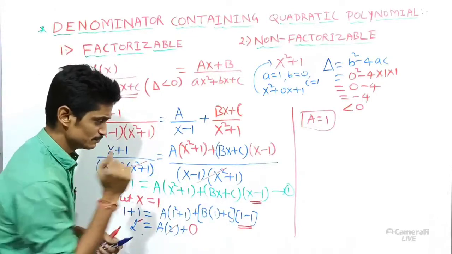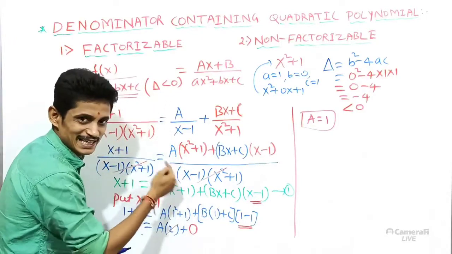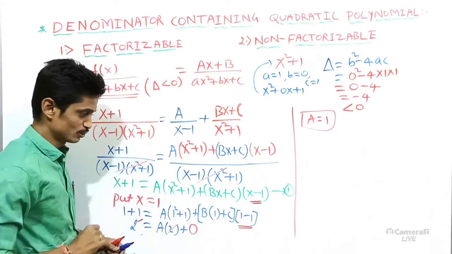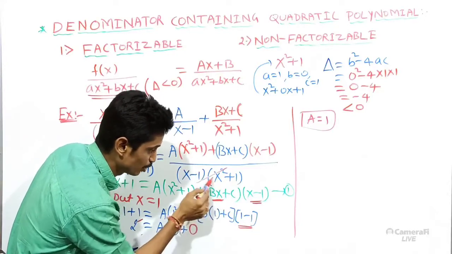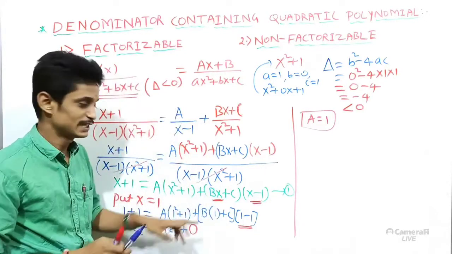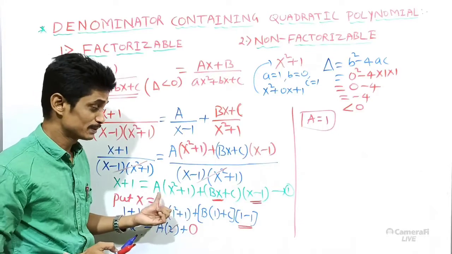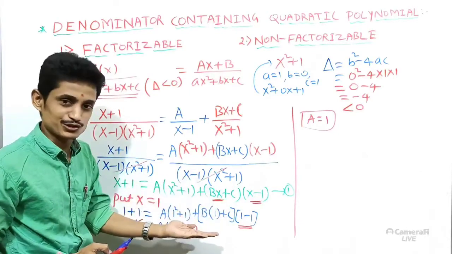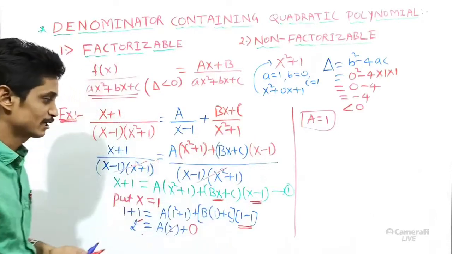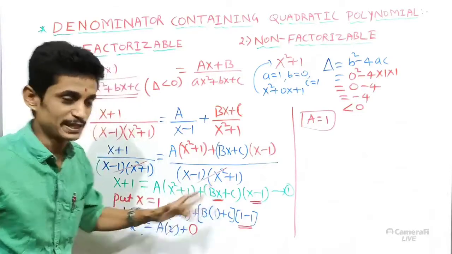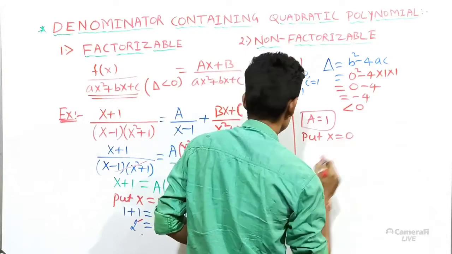Next, we'll move to the values of b and c. Simply observe, however we got a value, we cannot eliminate a. It is not possible because we don't have any real roots. By replacing x by 0, easily we can eliminate b. Okay, if we eliminated b, then how to eliminate a? It is not possible. a and c once again will exist, but we know the value of a. We replace it, then we will get the value of c. Let us try now. I wish to eliminate b. That's why put x is equal to 0.